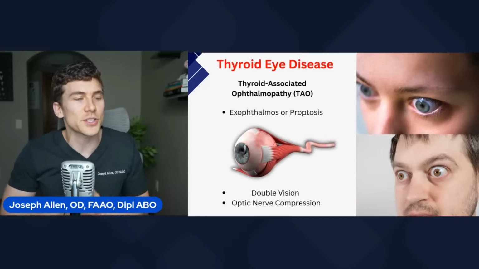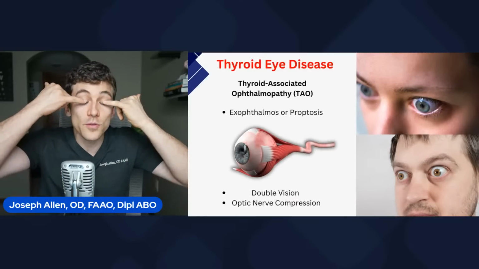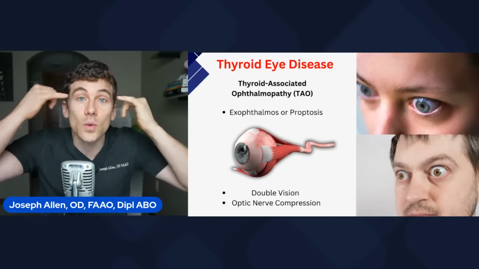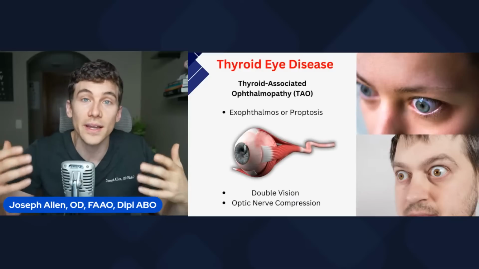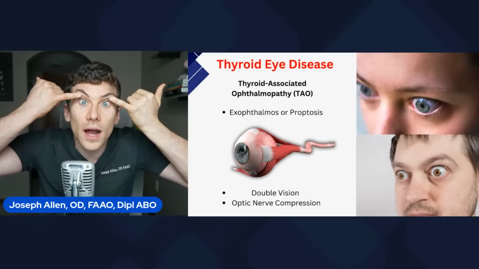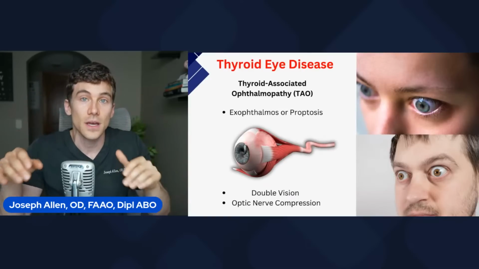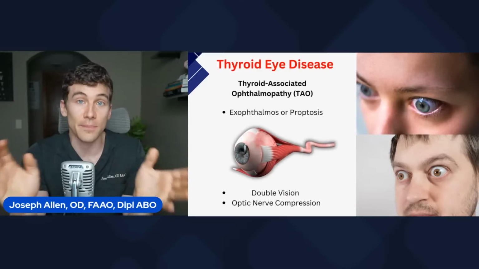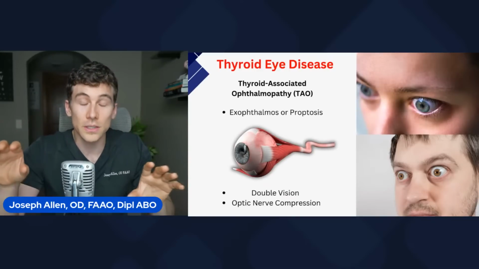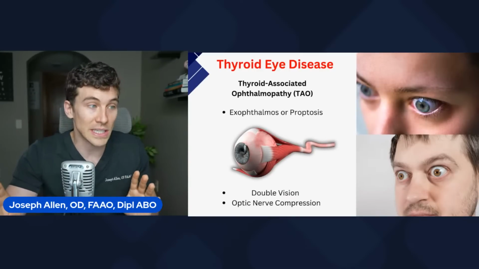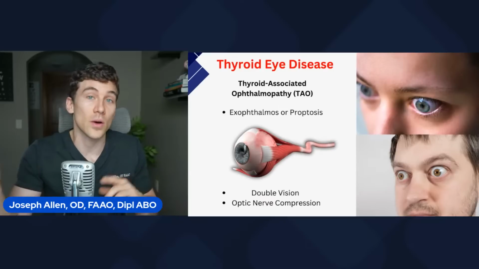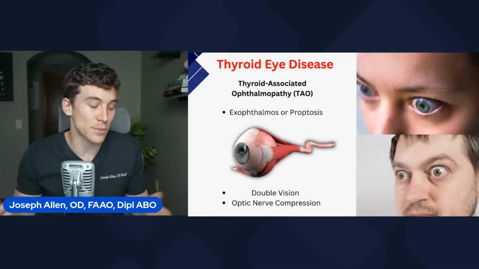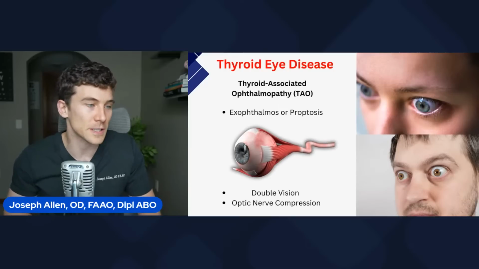There are a few pictures here of what we look for in the clinic, something called scleral show, where if you're resting and looking at somebody, you can see the white on the top of the eyes. If somebody has this, we start to do some tests to measure, hey, are their eyes bulging forward? Is this potentially a thyroid condition? And then we always refer and do a laboratory workup for a possible thyroid condition.